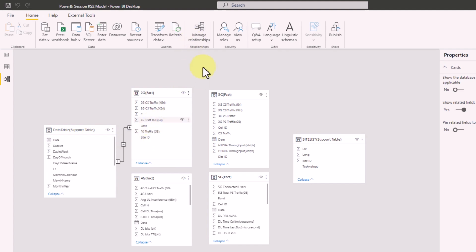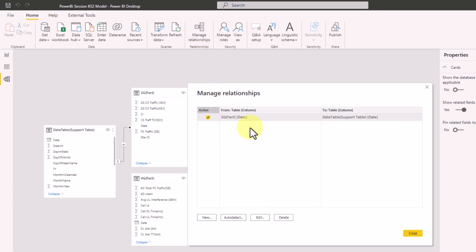Now there is another method. If I click above here, you can see add, edit, or remove relationship between tables. This is also one way instead of doing this directly. So let me first see this. This is a relation which has been created. Here you have the 2G fact table, which is the data set, and we have this date table, which is supposed to be our support table. So if you check this edit option,